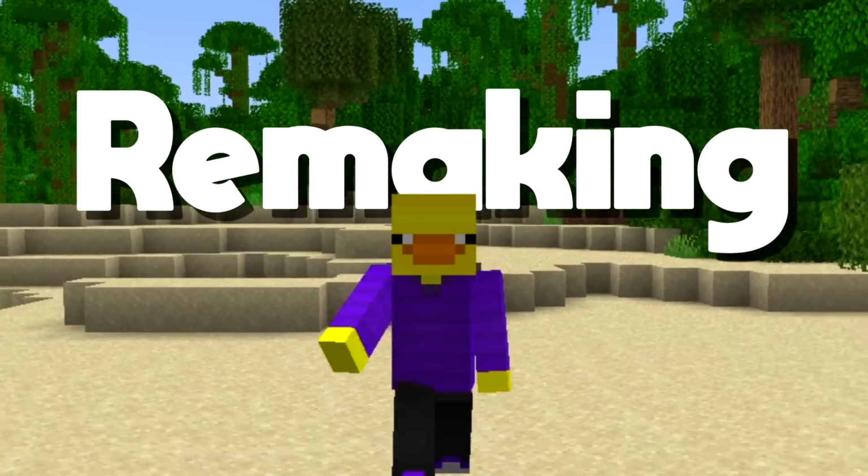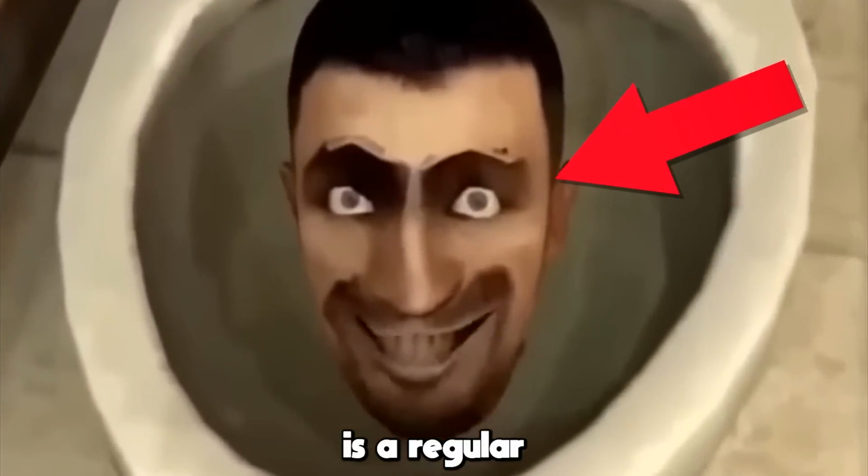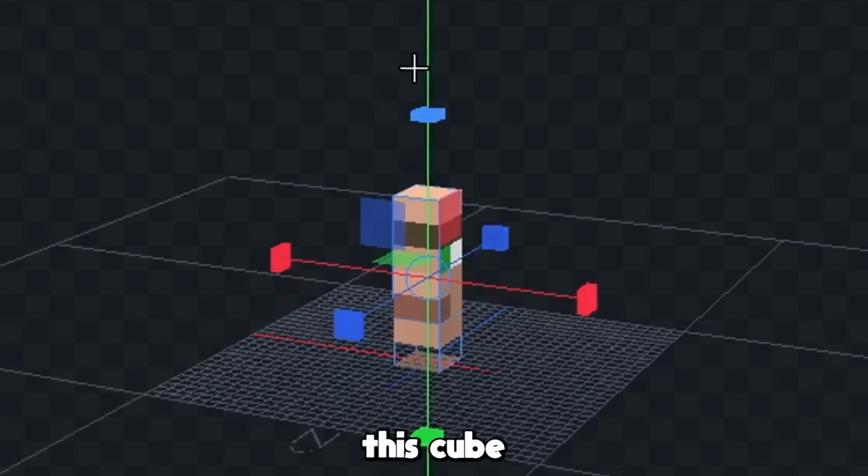I'm going to be remaking Minecraft mobs into Skibidi Toilet. The first character I'll make is a regular toilet, and I'm gonna use a villager. You'll see why in a second. First, let's delete all this stuff because we don't need it, and then we'll turn this cube into the bottom